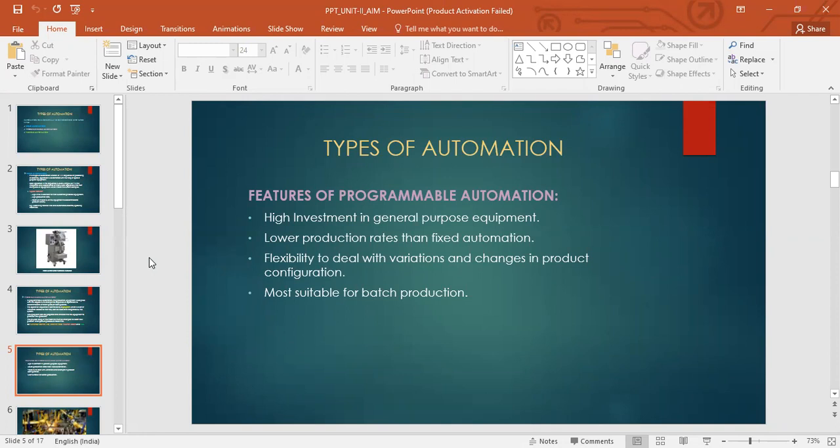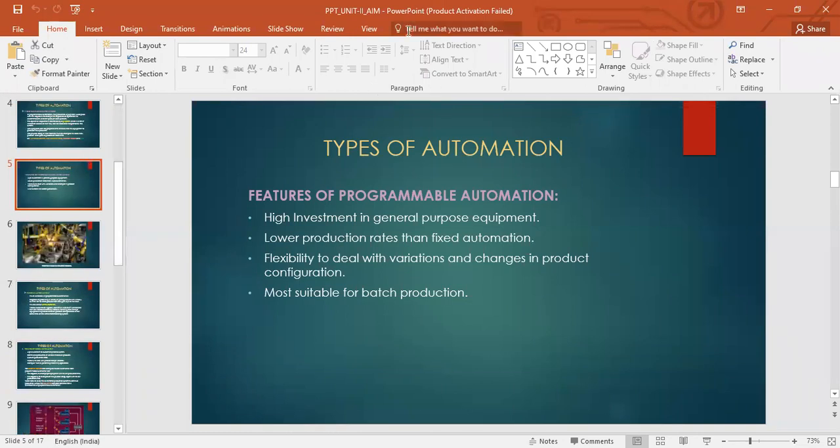So all these come under batch production, because we have different batches, we have production going on in batches. So when we are changing the batch, there will be some time required, because their product design has changed, right? So there will be some time required, tools and fixtures, material handling, etc., all these will require a change. So that will take time. So that's a characteristic of batch production. Clear, right? What I meant to say is why this programmable automation is suited for batch production.